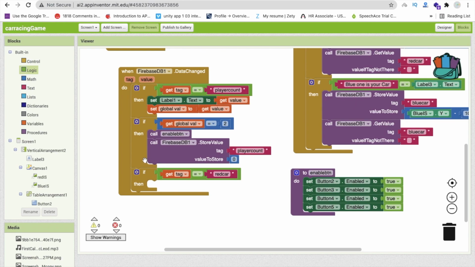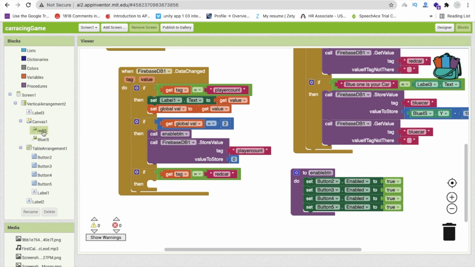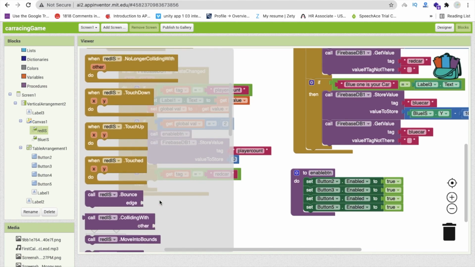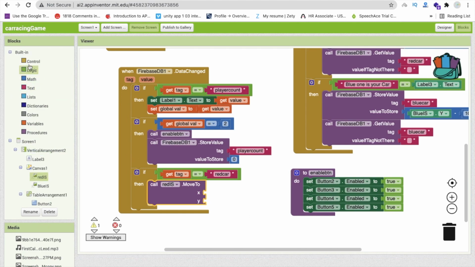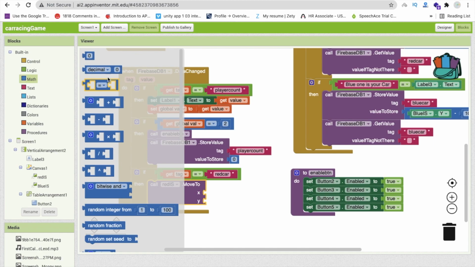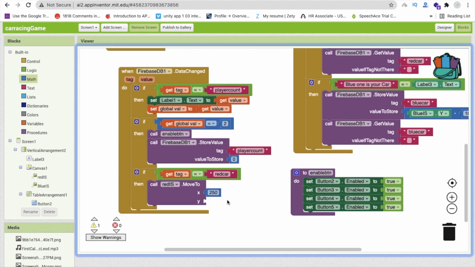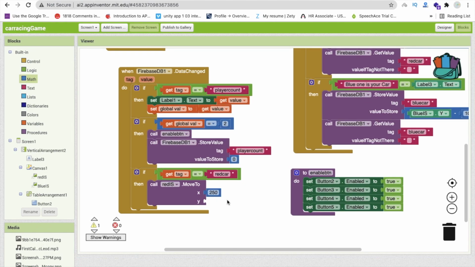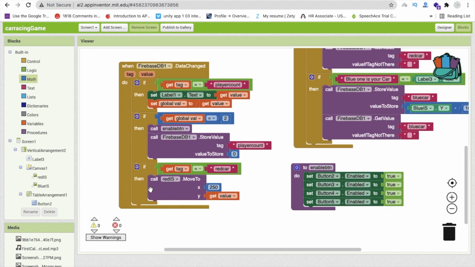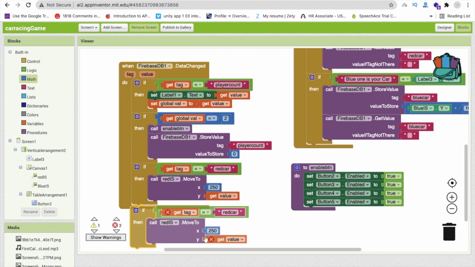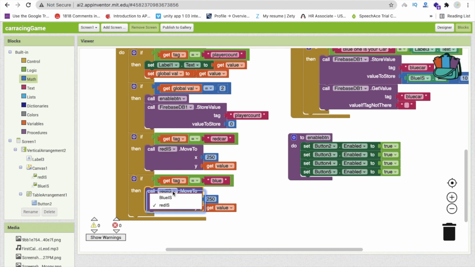So we need to call here the move function to our ls. This is the red car. Call move, and we have to move that car. And here you can see the x position should always be the same, because we are going straight forward. So that's why we are using the 250 for the static value, but the y value should get the value that is updated, this one like this. And we have to do the same for the blue car also, like simply blue car get value, it's fine. And we need to just change here to blue car.